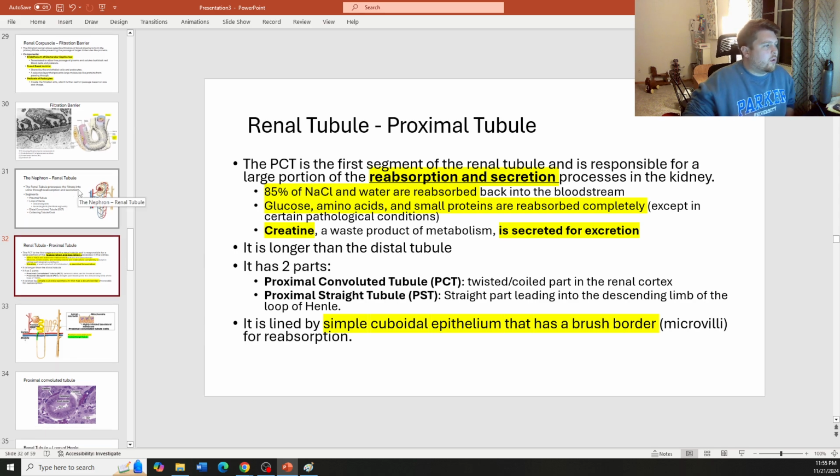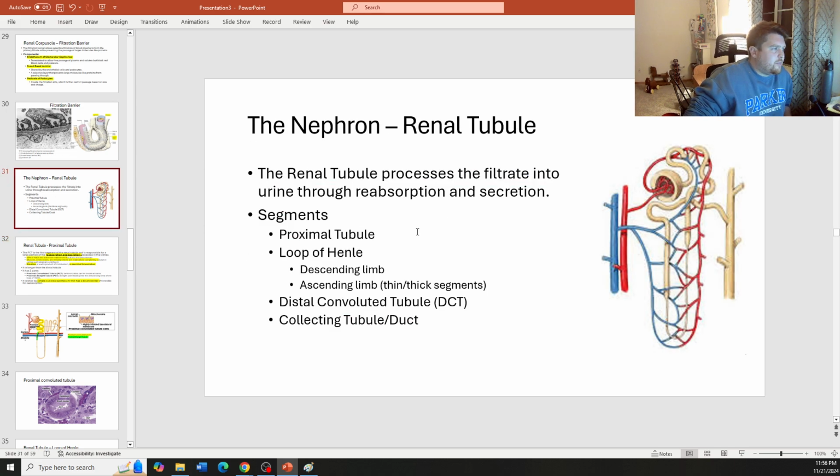Okay, so the proximal tubule, this is the first segment of the renal tubule, and its main responsibility is for a major portion of the reabsorption and the secretion processes in the kidney. So this chunk of stuff, the renal tubule,